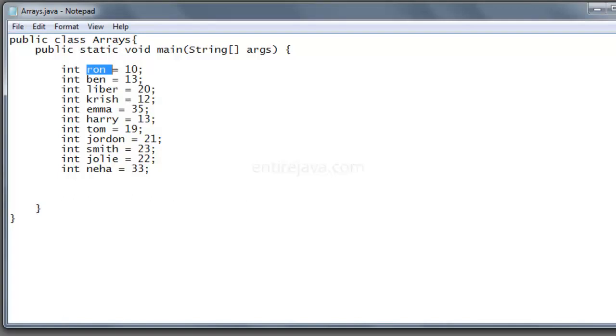For example, Ron earns $10 million and Krish earns $12 million. Obviously, no paying job would pay you so much, but for example's sake, let's assume so. Now, let's say I wanted to find out the average salary of all these employees. The formula that we need to use is the sum of all the salaries of all the employees divided by the